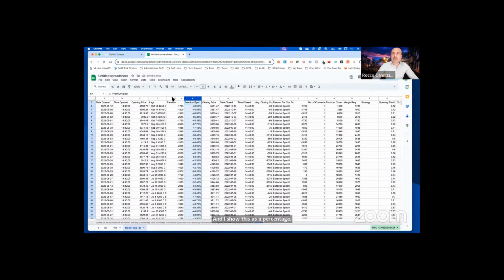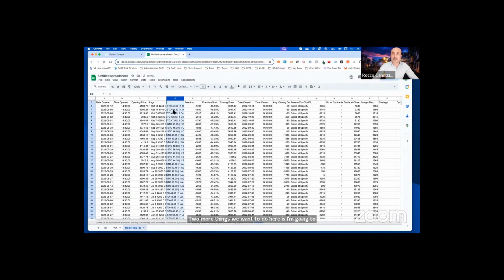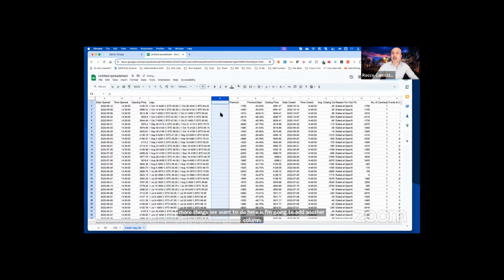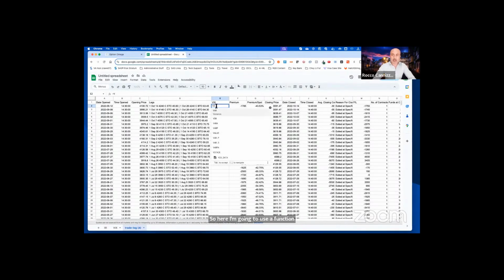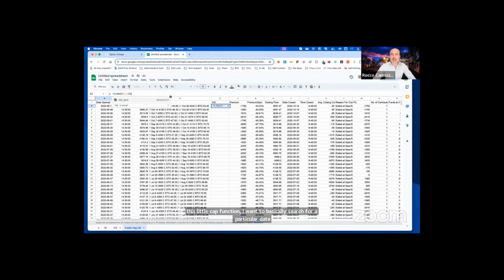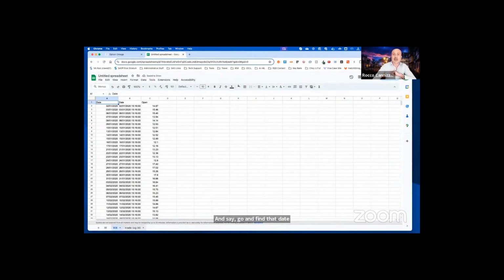Two more things we want to do here is I'm going to add another column, and this is going to be my VIX column. So I want to find out what was the VIX on that day, the VIX at the time of opening, on that day before I opened my calendar. So here I'm going to use a function called VLOOKUP. So this VLOOKUP function, I want to basically search for a particular date on my range, which was the VIX data range. So basically, I'm searching on that table and say, go and find that date on the VIX table, on this table here. Find the date, and for that particular date,